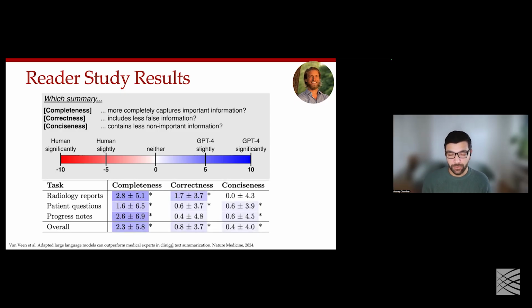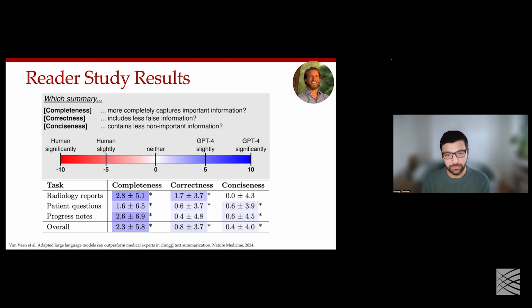But we were actually surprised when we saw some of these results that across the tasks, for metrics such as completeness and correctness, the humans significantly preferred the model generated summary. And interestingly enough, our conciseness numbers were actually not inferior. What that really meant was we're able to be more complete and correct without it coming at the cost of conciseness.